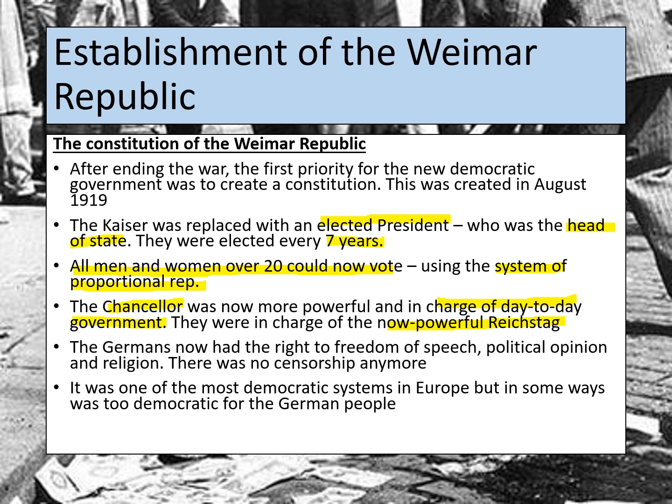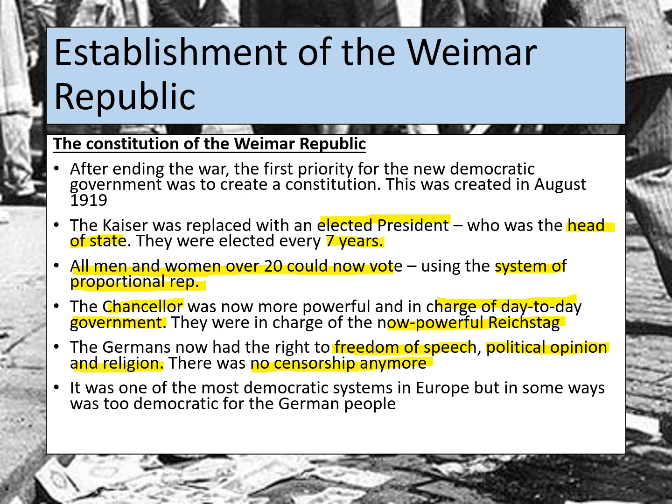It's also important we know that the Germans themselves had more freedoms. So, for example, they had the rights to freedom of speech, free political opinion, and freedom of religion. Now, this is something that wasn't necessarily available under the Kaiser. Certainly, political opinion and freedom of speech were not really praised under the Kaiser. And censorship was no longer a problem anymore. This means that the press could now speak openly about their opinions, particularly when it came to politics.